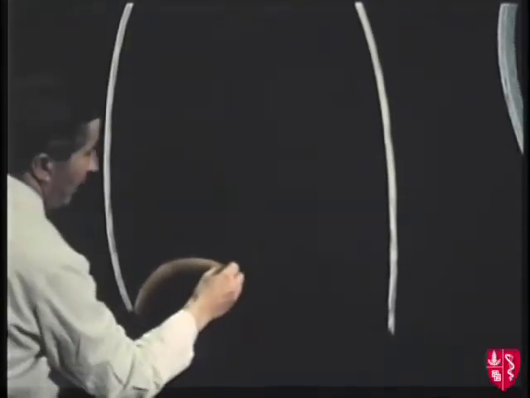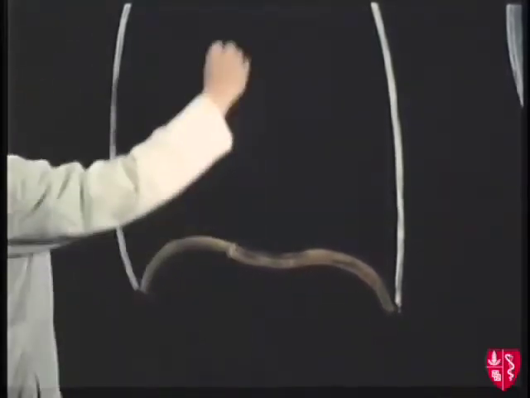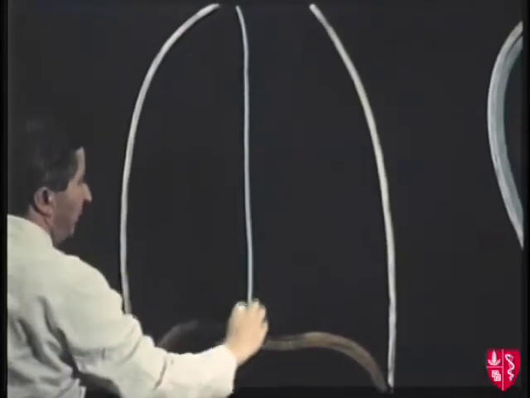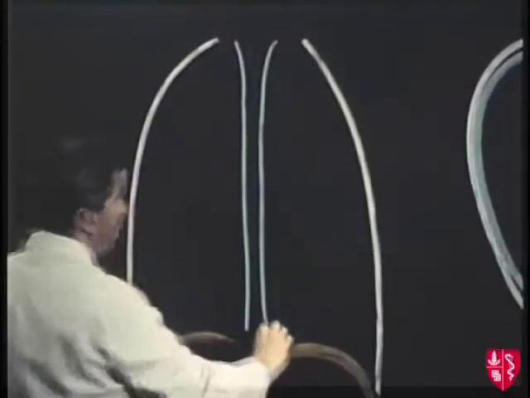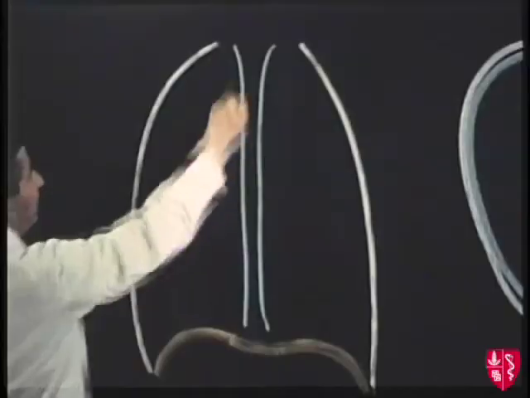Here's one cupola of the diaphragm, and here's the left cupola of the diaphragm, and then we can bring down the mediastinal pleura in exactly the same way, forming a partition in the middle of the thoracic cavity. So this is the mediastinal pleura, parietal pleura,